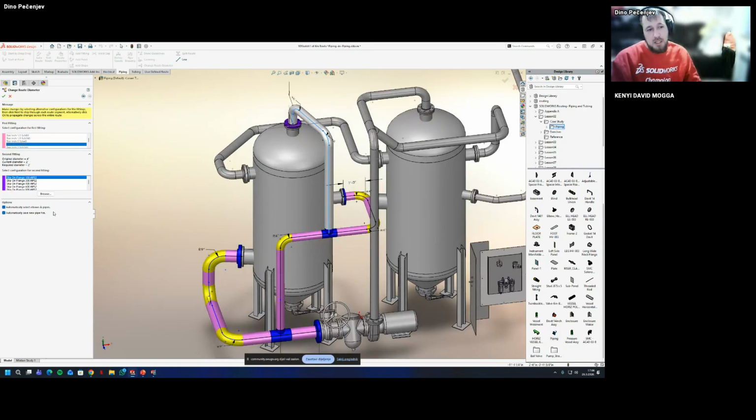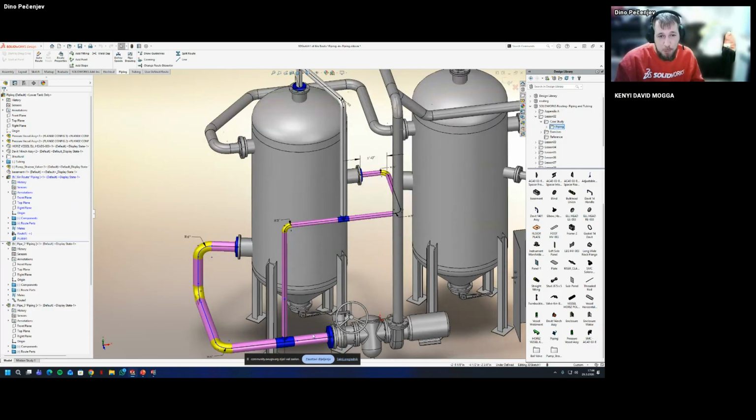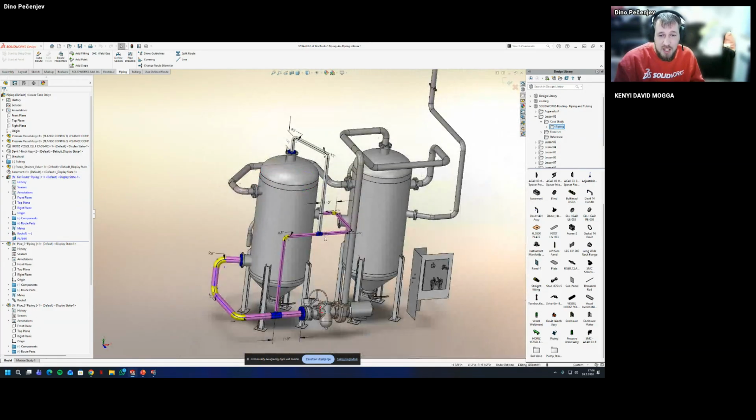Also, here you have the option to automatically set elbows and pipes. So this can also be changed, but for ease of use, sometimes this is more than enough. And when I say okay, all the sizes are now propagated to the size I required, and all the fittings are also changed.